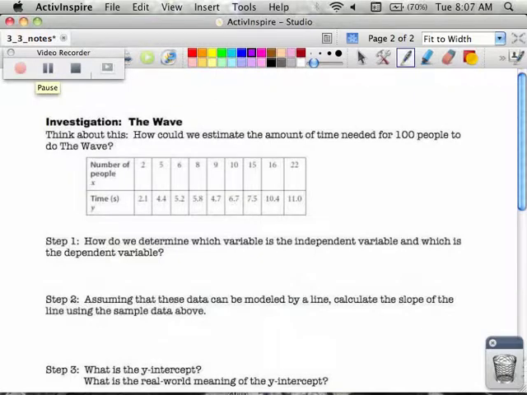So in this next example, this investigation thing, notice that we have a table, and I told you that in tables, generally,